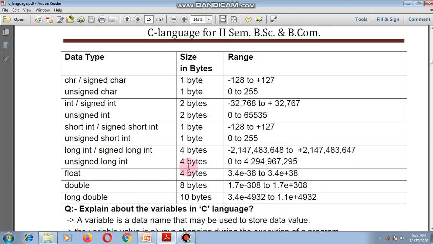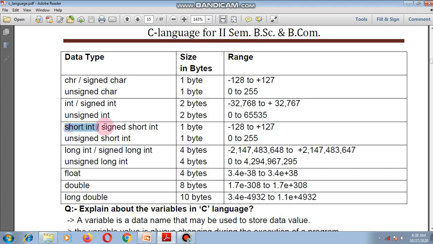So this table shows the range of values accepted by the appropriate data type. First one is character or signed character, 1 byte, this is the range of values. Next, second one, signed or unsigned integer, 2 bytes. So this is the range of values.